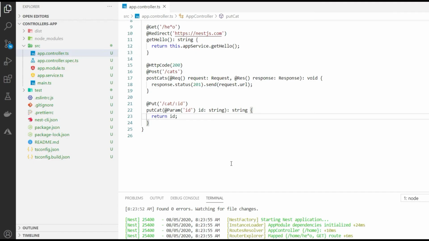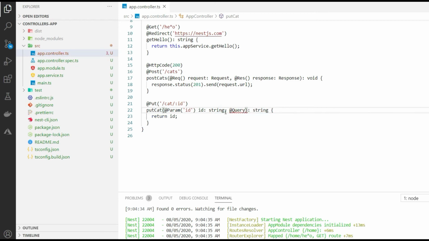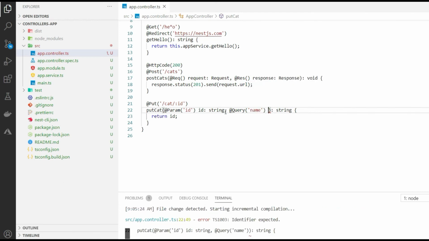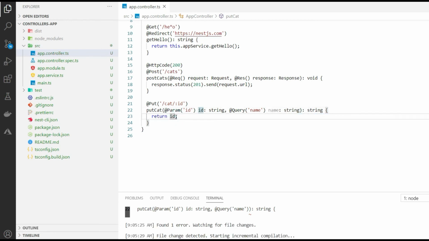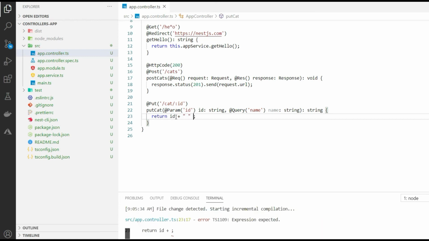Request query params can be accepted using the decorator @Query. So I'll accept a query param with the decorator @Query and specify the name as name, and it will be a string, and I'll return id plus a space plus name.